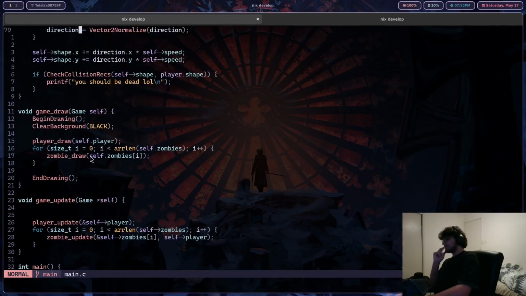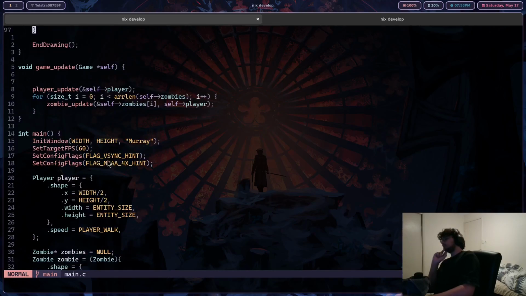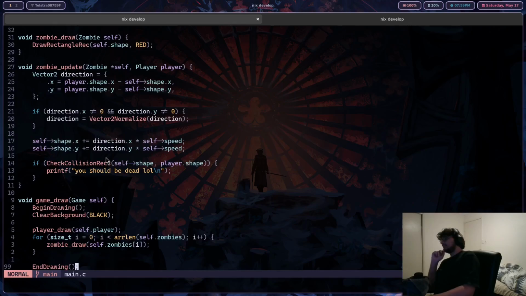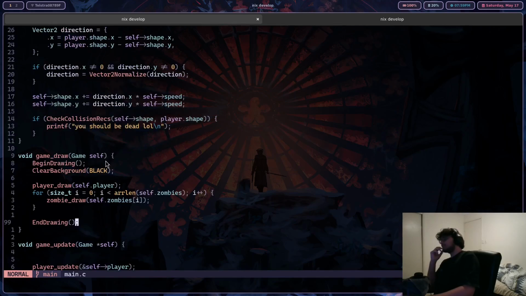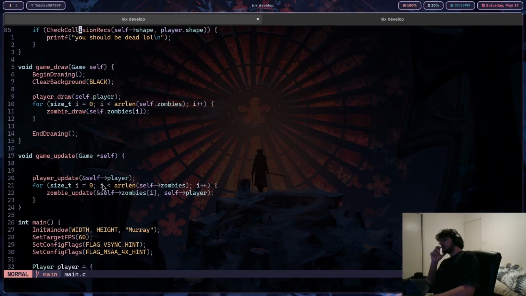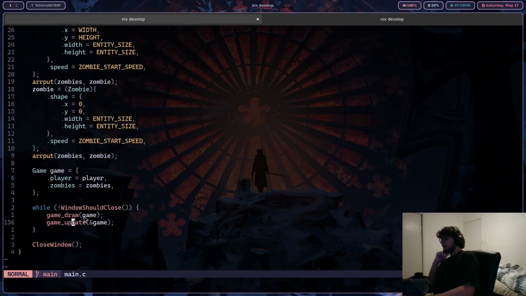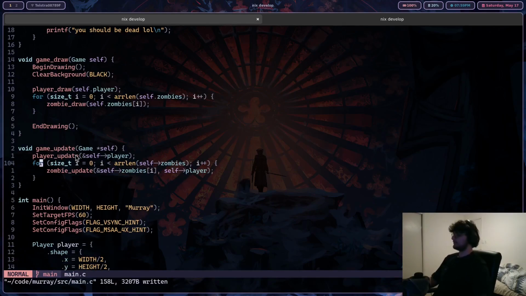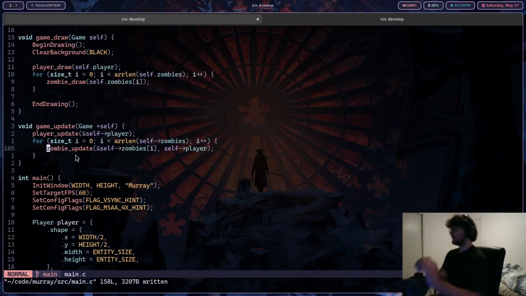Yeah, I need to make sure that the zombies can't collide with each other and become one. They need to stay apart. How should I do that? I'm guessing it's gonna be in the game update. And maybe when we're looping over the zombies themselves, we can